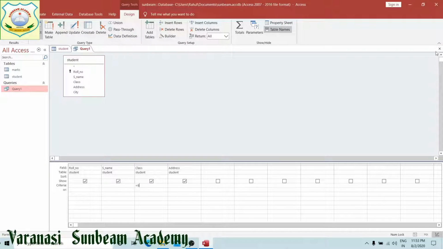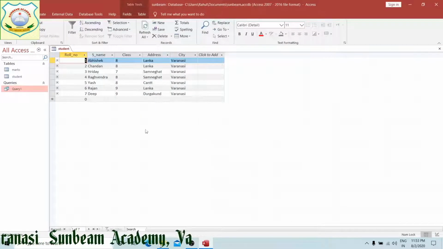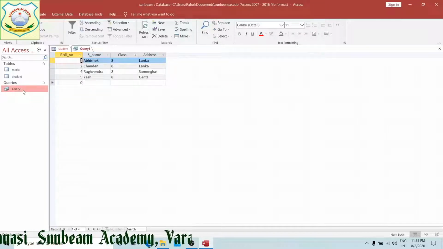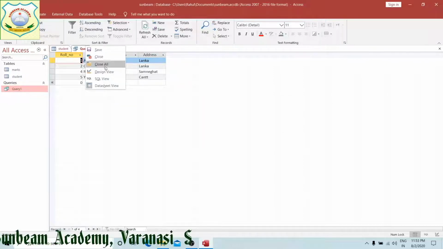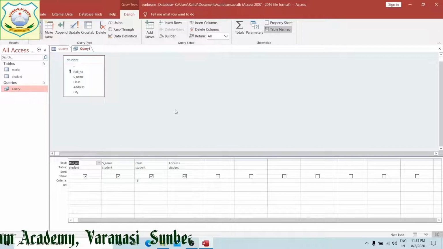After giving, now click on cross, save it. Now when you run this query, you will see that only class 8 students we are going to get. This is simple criteria. You can provide any simple criteria so that you can get the answers. Now I am going to give complex criteria.